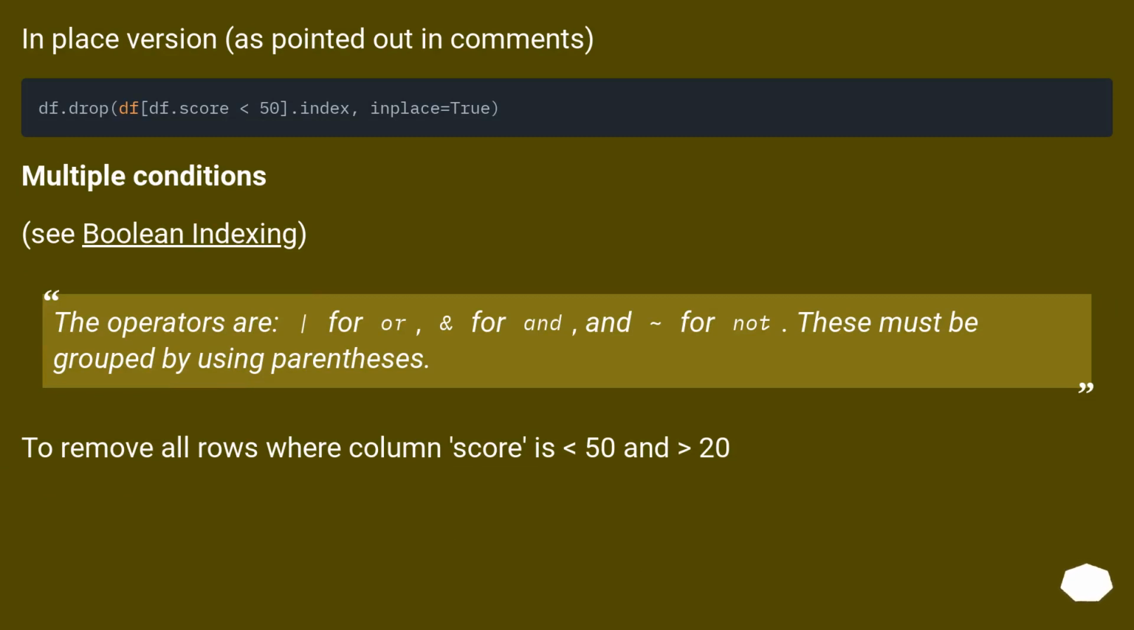Multiple conditions. See Boolean indexing. The operators are | for or, & for and, and ~ for not. These must be grouped by using parentheses. To remove all rows where column score is lower than 50 and is greater than 20: